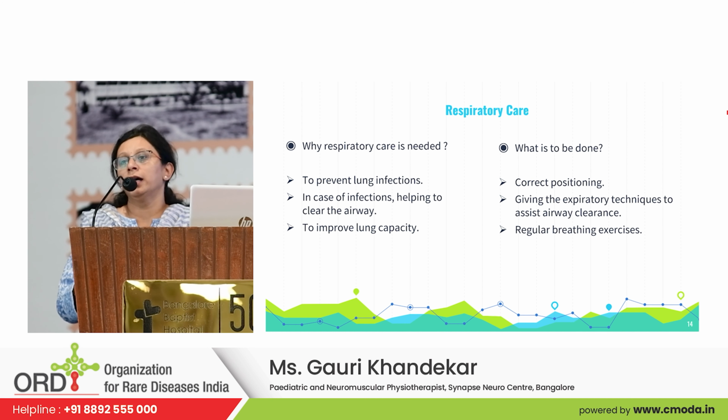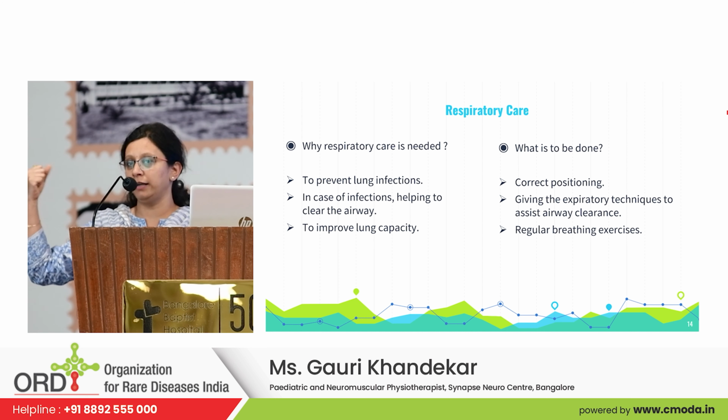Then what has to be done? From the chest physiotherapy perspective, we give a lot of postural drainage positioning. Then we give expiratory techniques like vibrations or percussion on the rib cage, coughing, huffing, so that we assist the patient to cough out, and it will assist airway clearance. And then regular breathing exercises. We give a lot of breathing exercises, including exercises to improve chest expansion and upper limb mobility exercises,